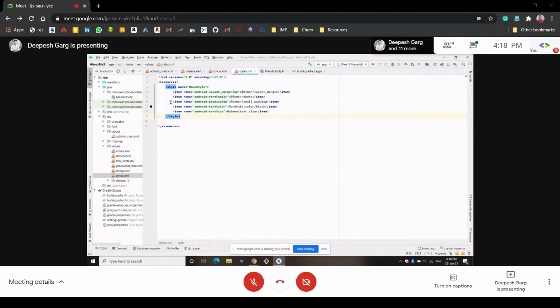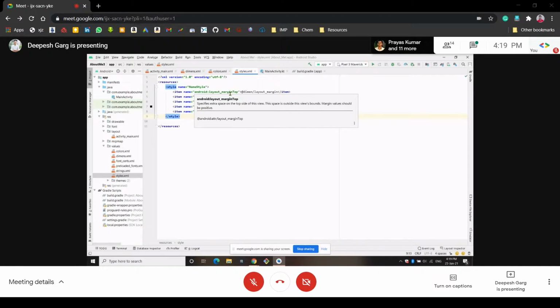So here I created one styles.xml and gave the name of that style, called name style. After that, I gave one margin from the top, whenever any view is inserted inside the app. As this is a linear vertical layout, every view is above or below another view.